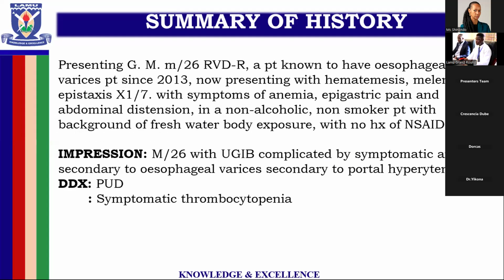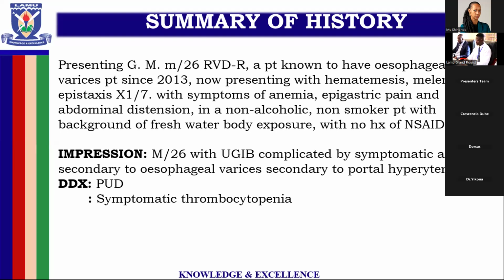In summary, I'm presenting GM, a 26-year-old male, a patient known to have esophageal varices since 2018, now presenting with hematemesis, melena, and epistaxis for a day, with symptoms of anemia, epigastric pain, and abdominal distension, in a non-alcoholic, non-smoker patient with a background of fresh water exposure and no history of non-steroidal anti-inflammatory drug use. The impression was a 26-year-old male with upper gastrointestinal bleeding, complicated by symptomatic anemia, secondary to esophageal varices, secondary to